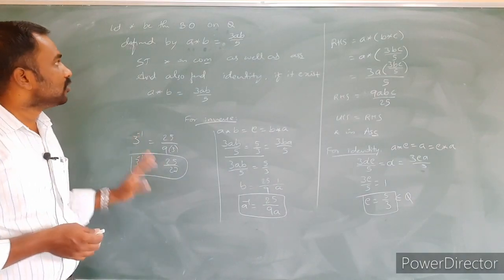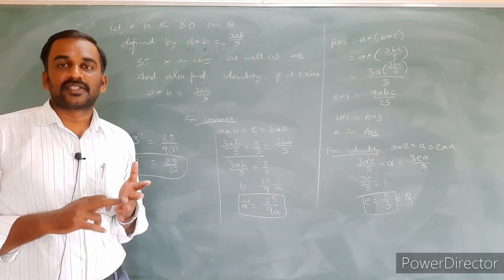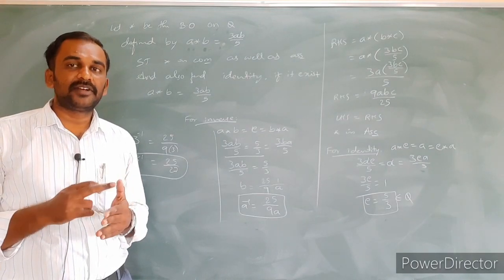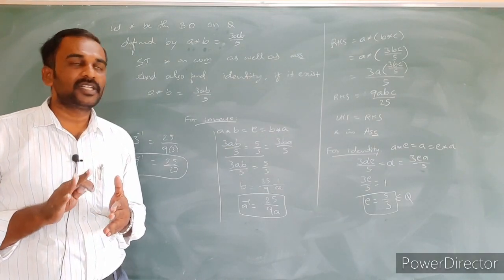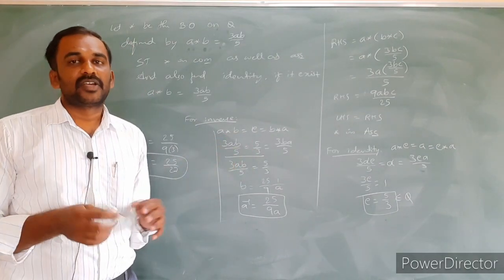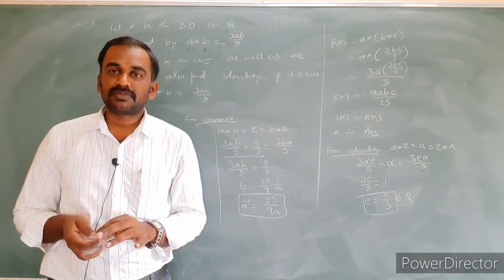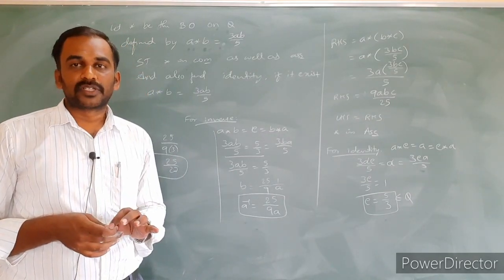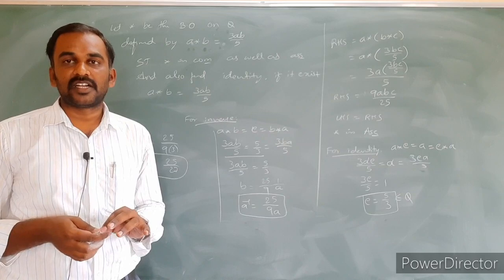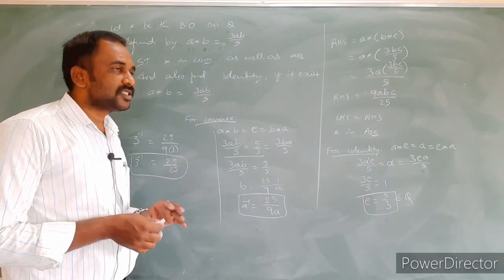So the only important part here is showing the commutative law, associative law, and finding the identity element and the invertible element, very important. If you remember the definition of identity element and invertible element, we can easily solve the problem. Okay, so with these problems it completes your fourth exercise, as well as the chapter Relations and Functions is completed. Okay, now I just stop here.